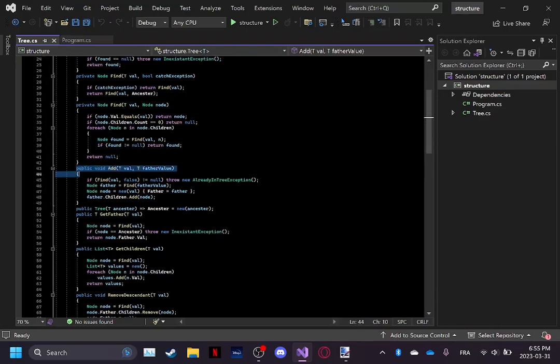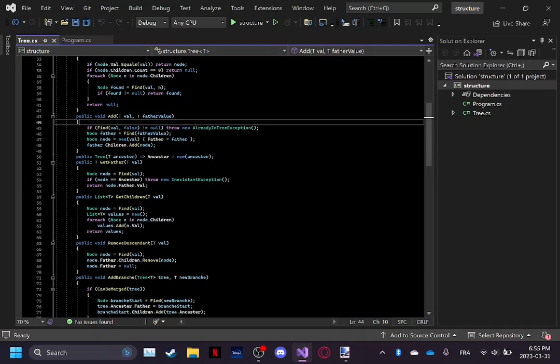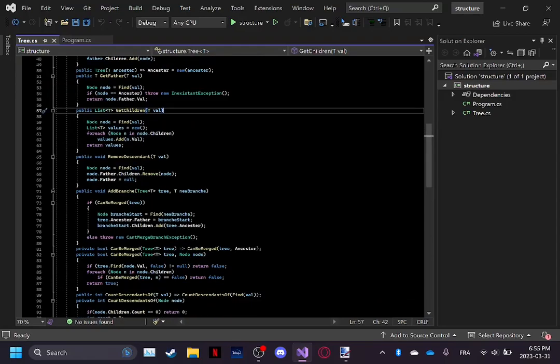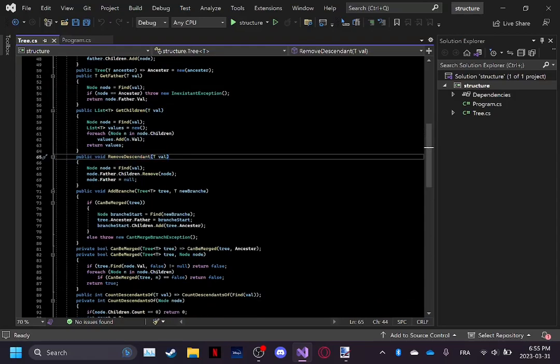So yeah, I have this function add. I also have the function get father. I have the function get children. So basically, you're like, hey, please return me the value of the father of the value I'm giving you. Please return me its children. Here is where it gets interesting. Let's say